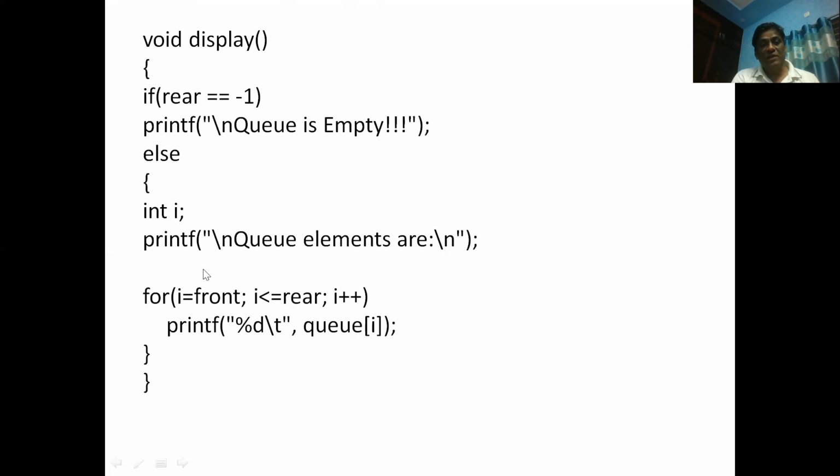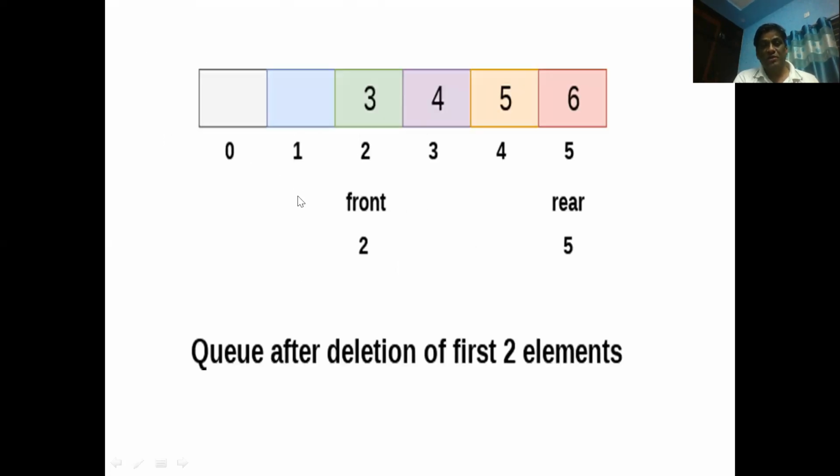The elements are always from front to rear only, so we display all the elements from front to rear. So this is what the display operation is, and this is how, assuming that all the elements are filled and two elements are deleted, you can see the elements are always from front to rear only. So you need to display the elements between front and rear.